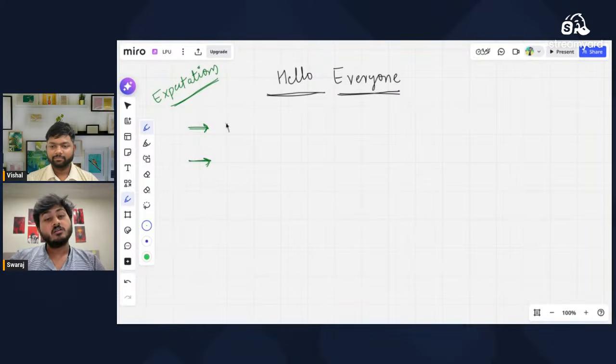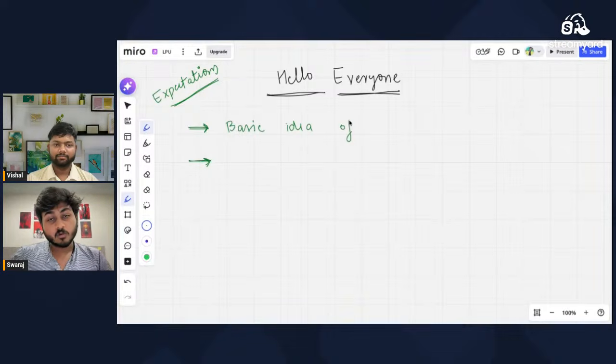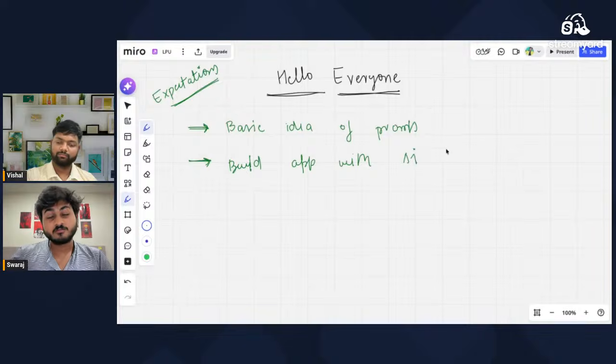A basic idea, the expectations are: basic idea of prompts. Build apps with AI.